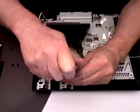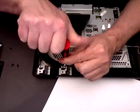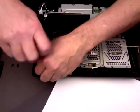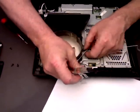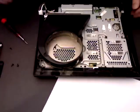and your aerials just remove from the front with a star screwdriver. That's your aerials. Okay,